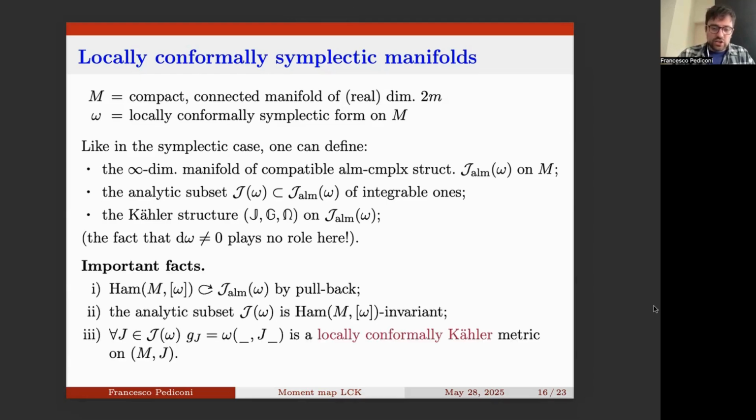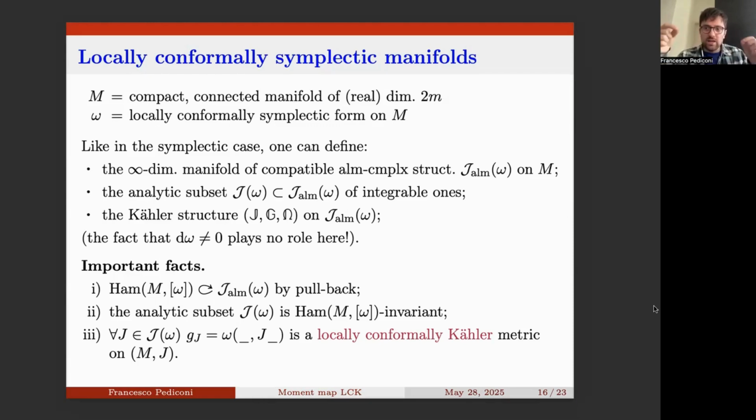Well, again, you can check that the group of twisted Hamiltonian diffeomorphisms acts by pullback on the space of almost complex structures. The analytic subset of those that are integrable is again invariant, and again, for any J that you pick in this set,